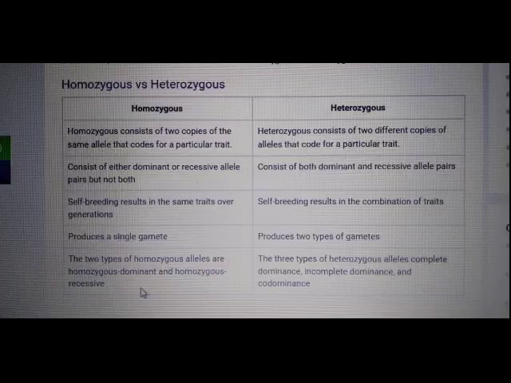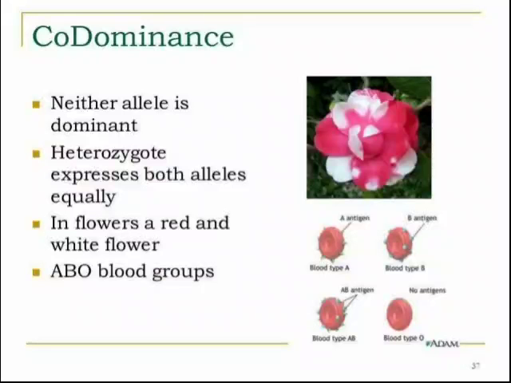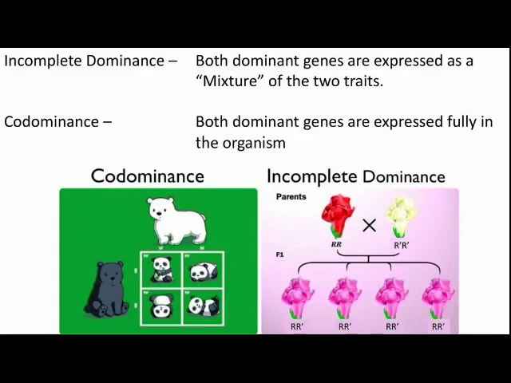Then heterozygous can be of three types. Here codominance means that neither allele is recessive. That is, they show the combination in your phenotype. That is in case of your blood group. If you have an AB blood group, then both the alleles will get expressed. That is the mix of both. So we write both in capital letters, capital A and capital B.